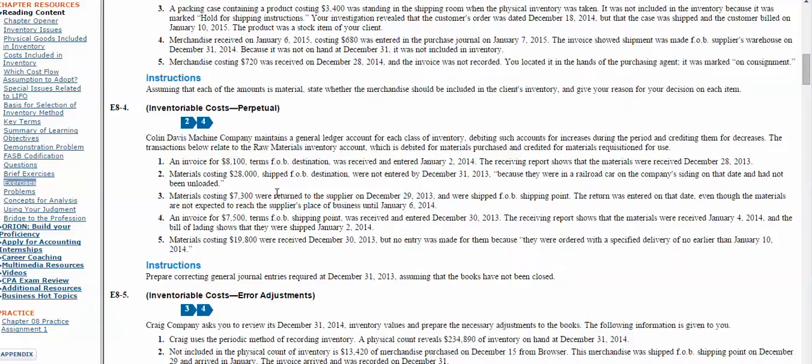Number 3, raw materials costing $7,300 were returned to the supplier on December 29th. They were shipped FOB shipping point. The return was entered on the date, even though the materials are not expected to reach the supplier's place of business until January 6th. Well, this is correct because they were shipped shipping point. So as soon as they left,